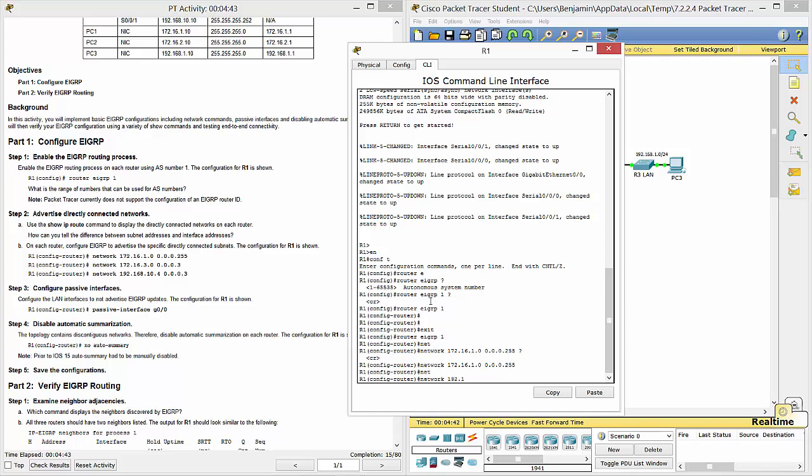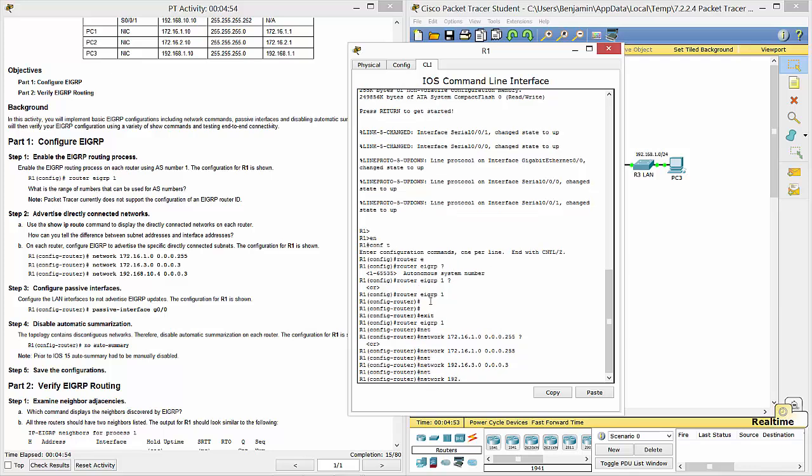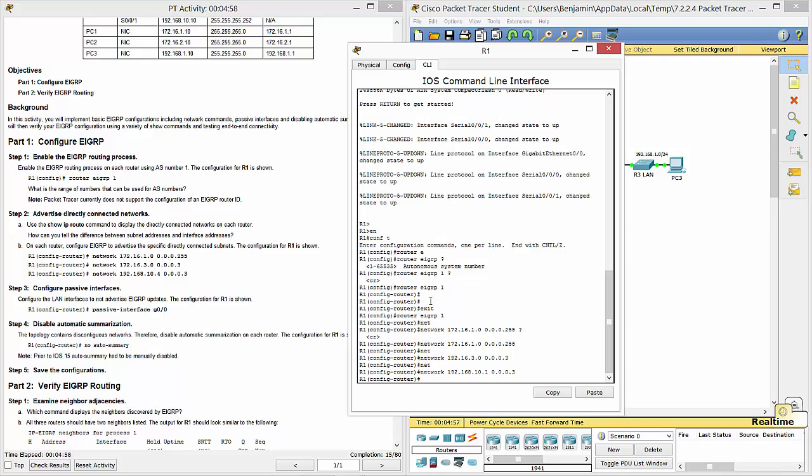Network 172.16.3.0. Okay, and network 192.168.10.4. Okay,